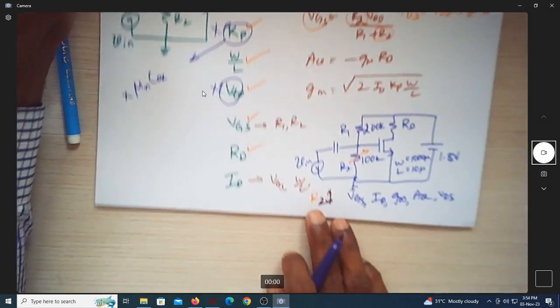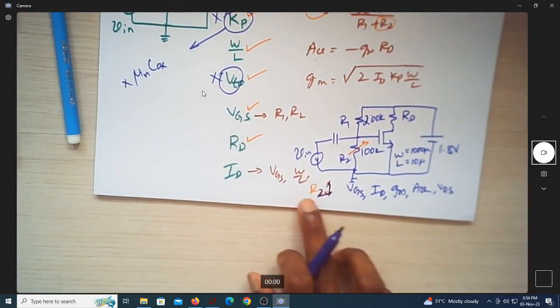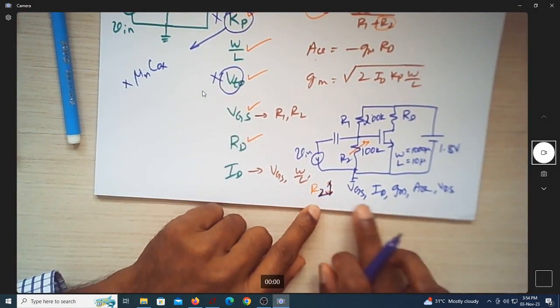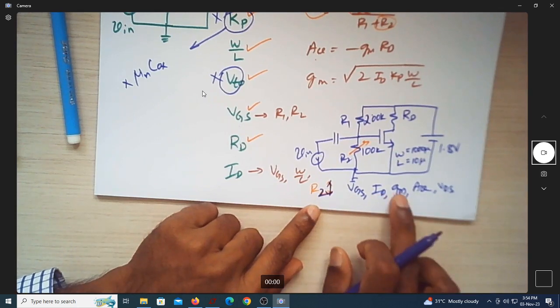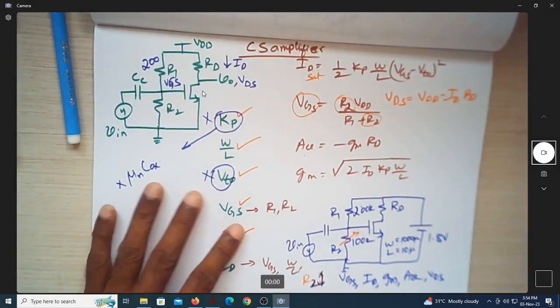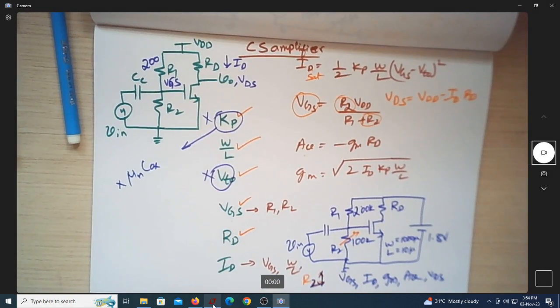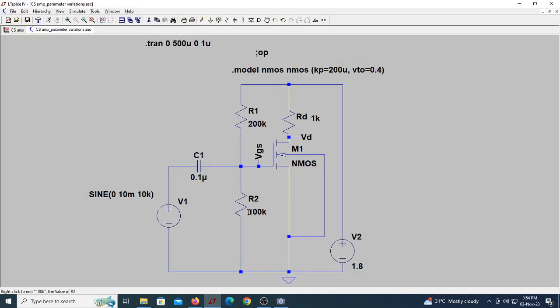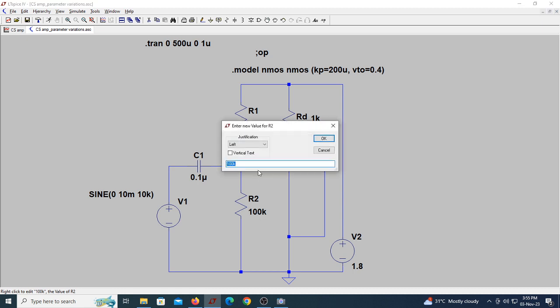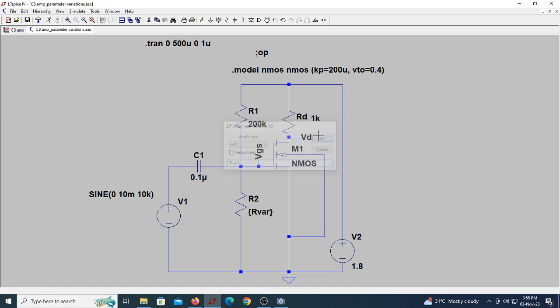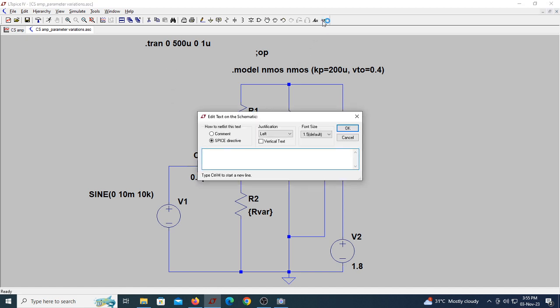So this is the effect of all these parameters will get modified. VGS will change, ID will change, GM will change, and so on. So let us see how we achieve that, how do we see that. So this is 100k. What I'll do is replace this, within flower brackets, with some name. I'll name it as RVAR. So this is a variable, I'm making it change, and I will use a command called